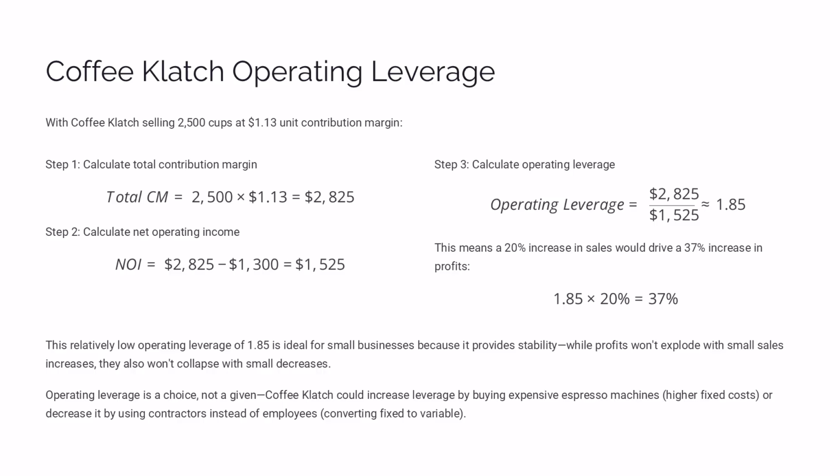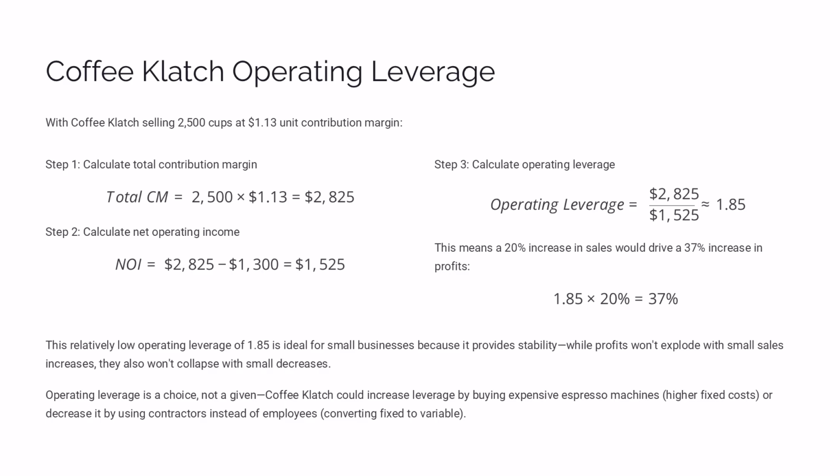With Coffee Klatch selling 2,500 cups at $1.13 unit contribution margin, total CM equals 2,500 times $1.13, $2,825, and after subtracting $1,300 in fixed costs, net operating income equals $2,825 minus $1,300 equals $1,525, giving us operating leverage equals $2,825 divided by